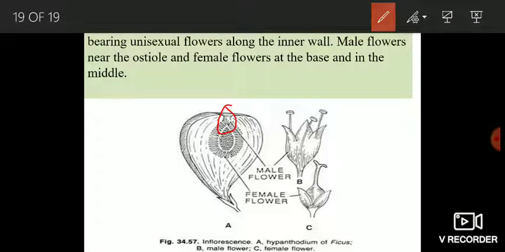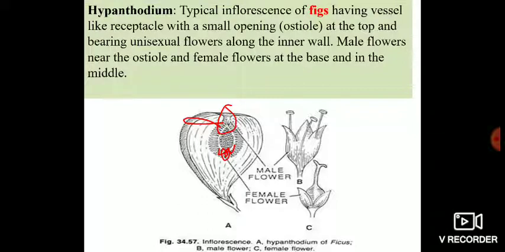and the distribution of flowers is like this. The male flowers are located near the ostiole, that means near the pore, and the female flowers are located here at the base of this Hypanthodium. Okay, I will repeat this one. It is a typical, or you can say a characteristic type of inflorescence of Ficus. Okay, in this type of inflorescence, the receptacle has been modified into a vessel-like